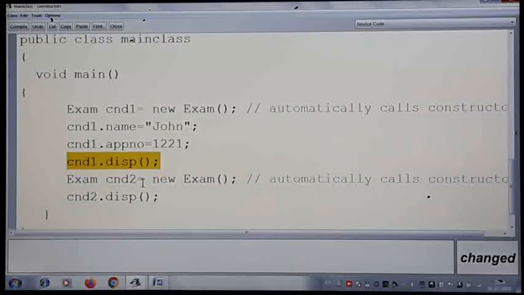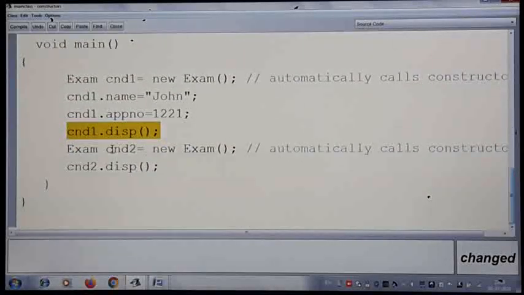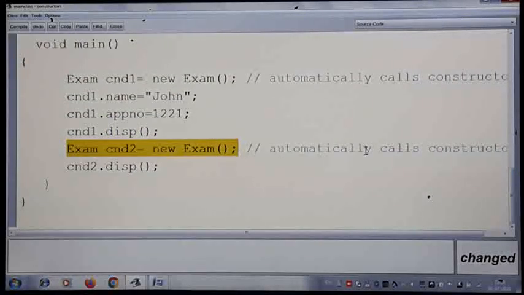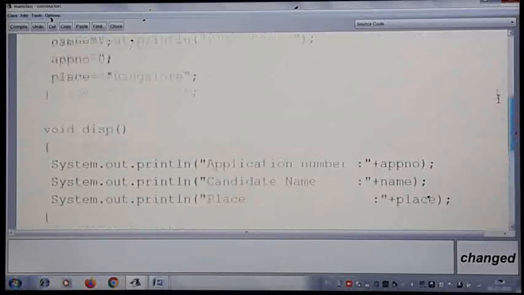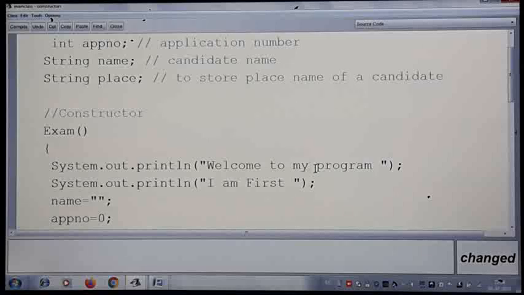For the second object, I am just calling the constructor. So when I call the constructor, means when I create an object. When I create an object, constructor is called automatically. I have written a comment here, you can see. Constructor is called automatically. And here for the second object, we are setting, once again we get these two messages,